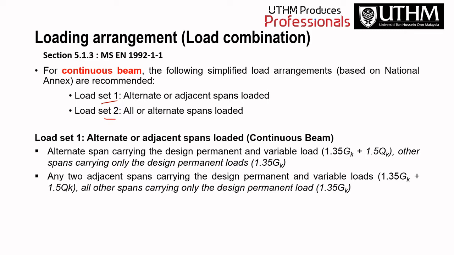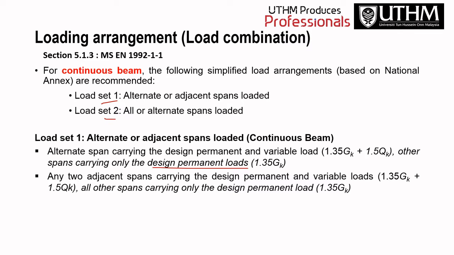So for load set 1, alternate spans loaded, for the continuous beam, alternate spans carry the design permanent and variable actions, 1.35 GK plus 1.5 QK, and other spans will carry only the design permanent load, okay. And for adjacent spans, another 2 adjacent spans carry the design permanent and variable loads 1.35 GK plus 1.5 QK, and all other spans carry only the